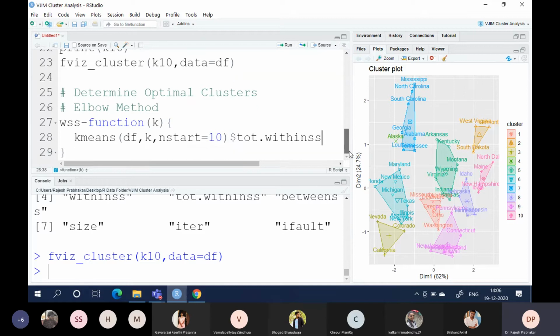So what this will do is it will take the values of k and then give the withinss values.